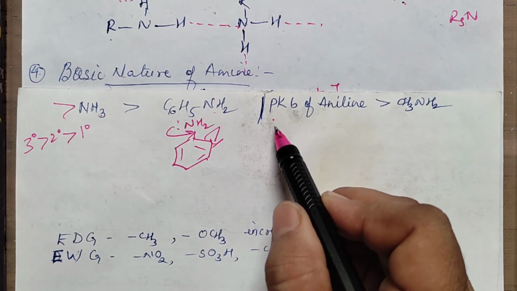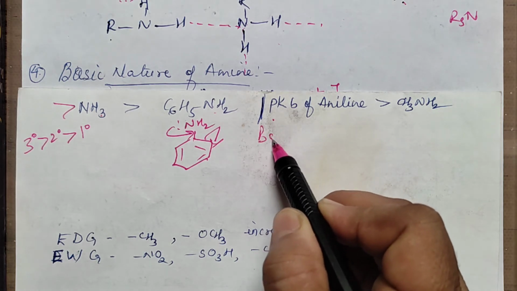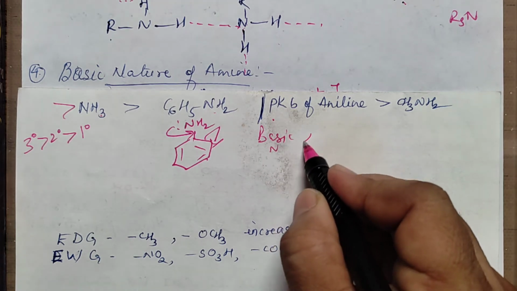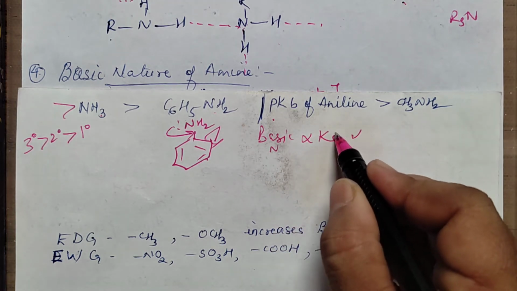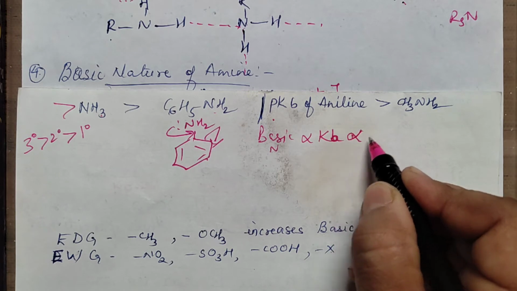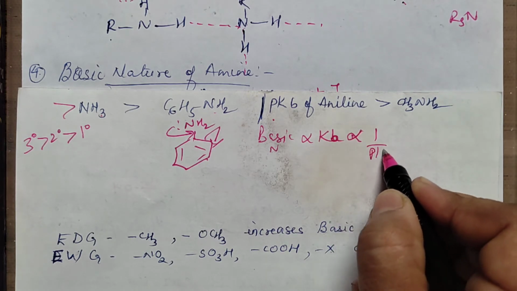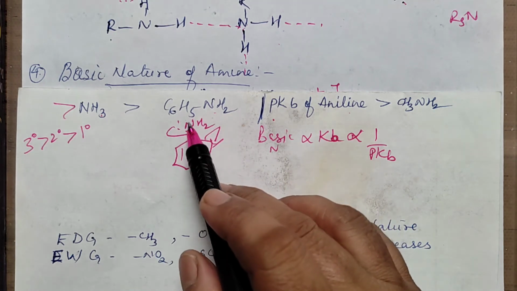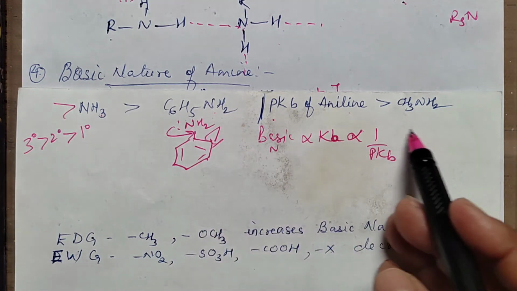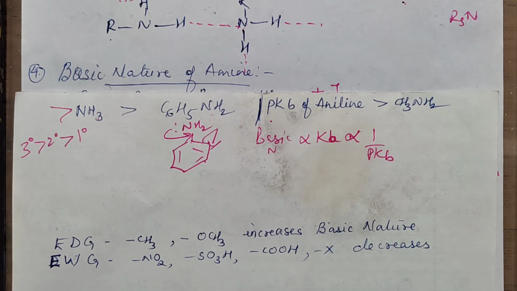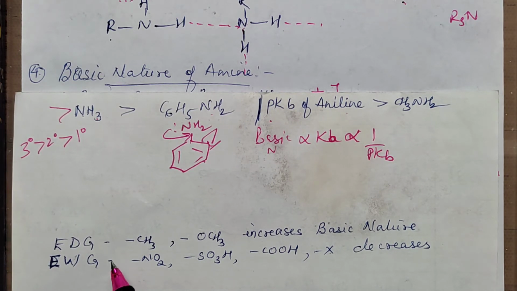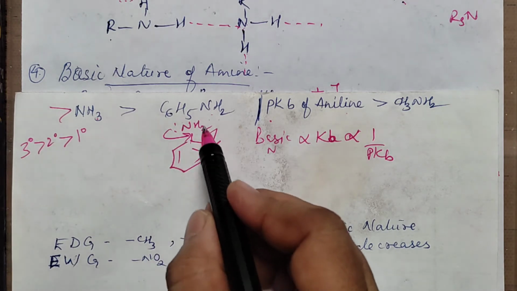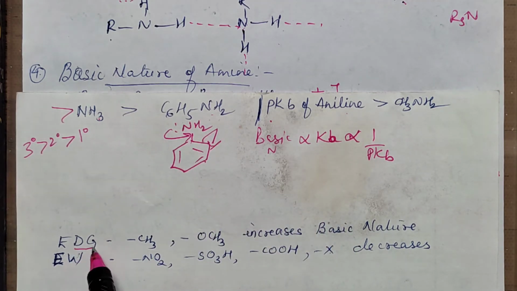Basic nature is directly proportional to the Kb value, and inversely proportional to the pKb value. So the pKb value of aniline will be more, because the basic nature is less. Another thing, you may have some questions where, in aniline only, some electron donating groups are